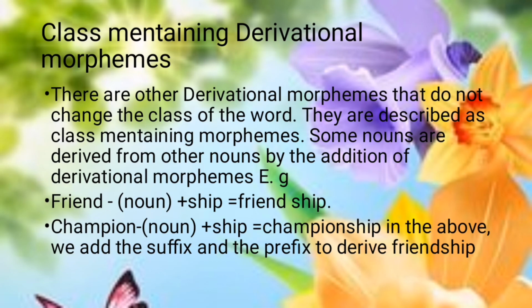Some nouns derive from other nouns by addition of derivational morphemes. Example, we have friend, which is a noun, so addition of -ship to it makes it friendship. And then we have champion, being a noun, addition of -ship making championship. In the above, we also added a suffix to derive friendship. The suffix